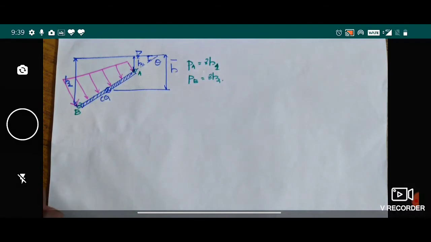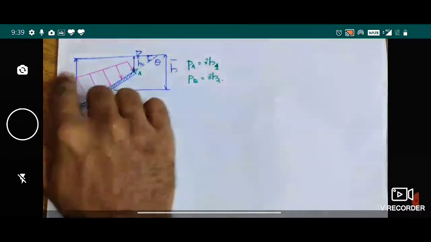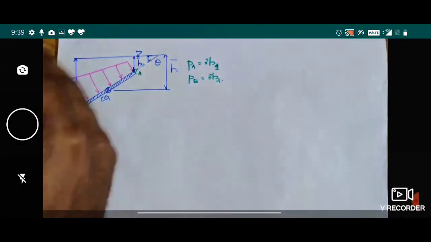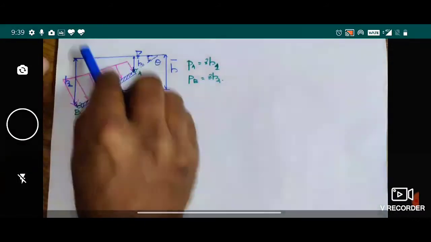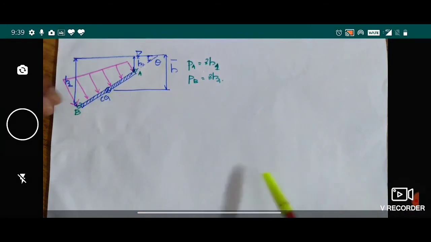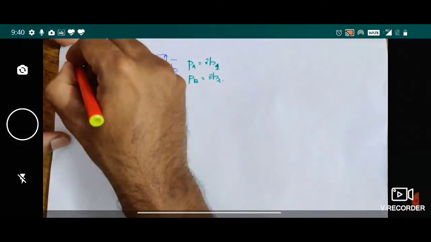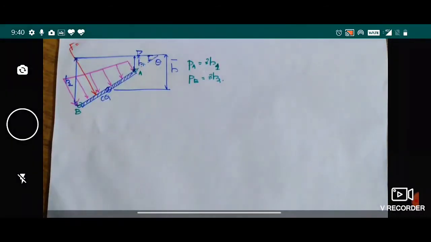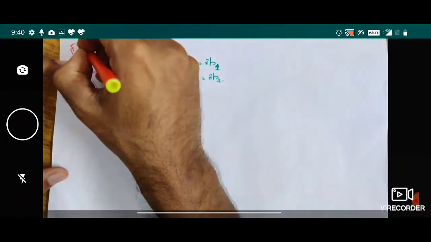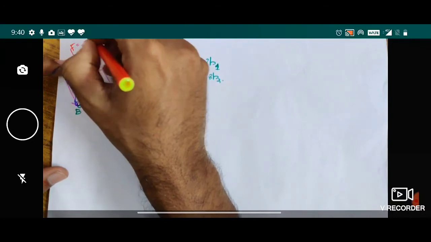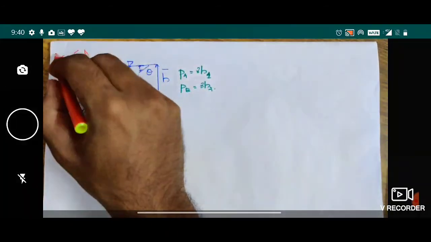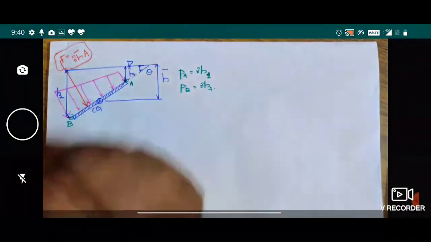We know it. Now if you take this force distribution, it is not at all symmetrical. It is more towards the left side. So the resultant also will be towards the left side. Just assume that this is your resultant. That resultant is nothing but the total pressure. You know the equation to find total pressure. Total pressure is nothing but gamma into h bar into A. This is the general equation, so F is equal to gamma into h bar into A.